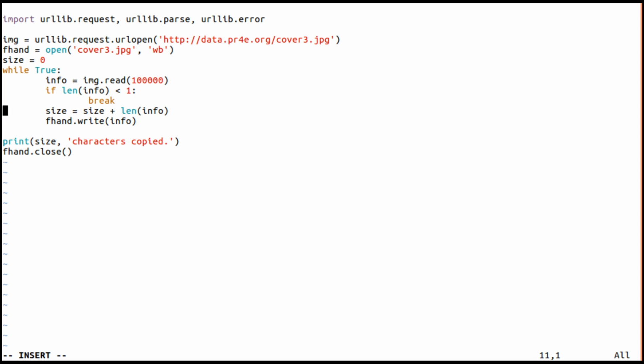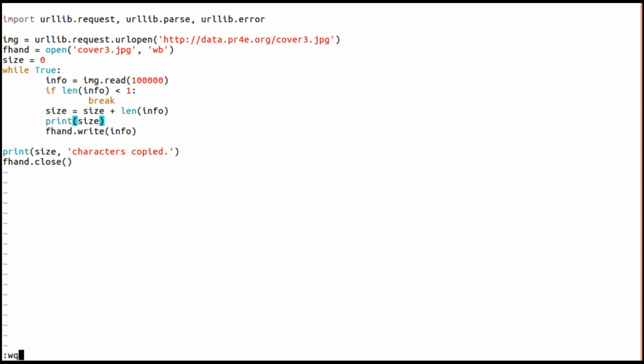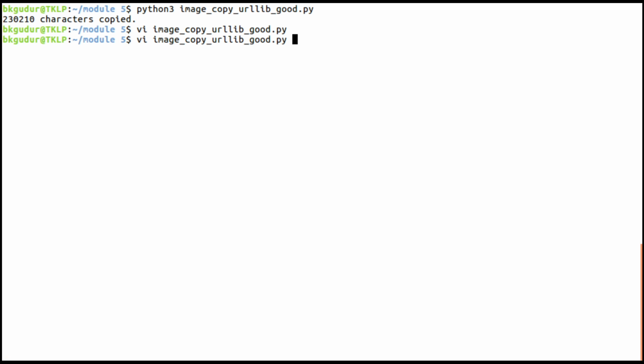If we want to see, we can even print the size here. So for your information, I am going to print the size every time, using a print statement, so we get how many bytes it reads each time.